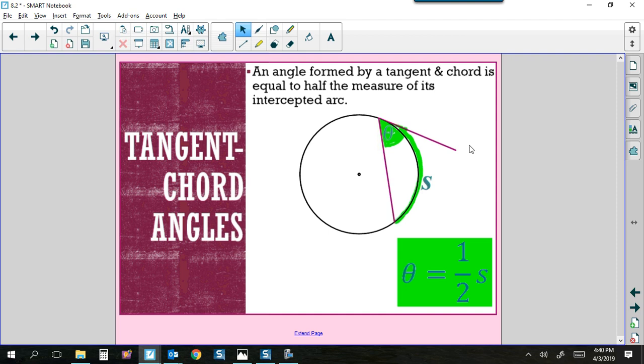So you can see here, if this is an alligator, it bites down, he's biting down on arc S. So the degree of the angle is half of that piece of the circle. And I always viewed it kind of like a mouth, and